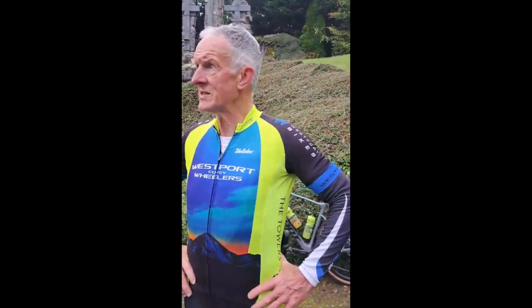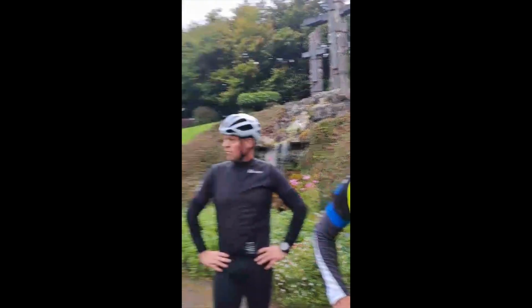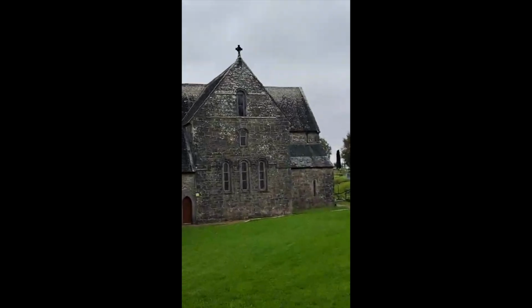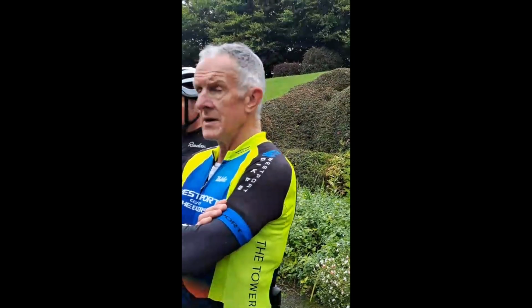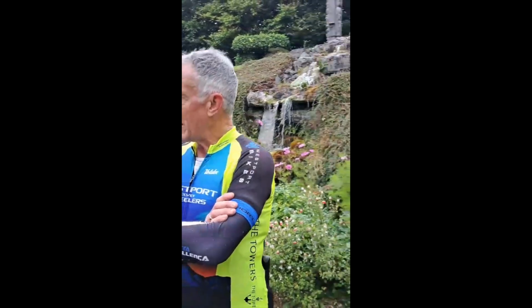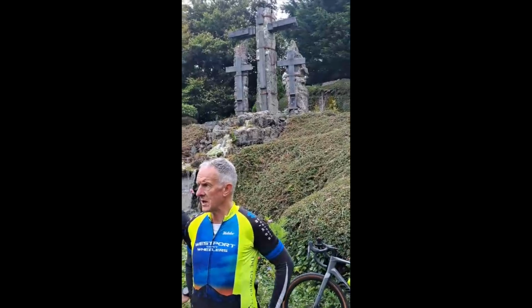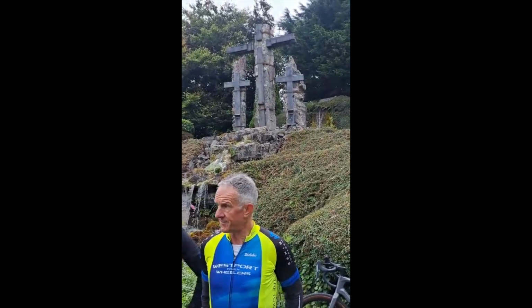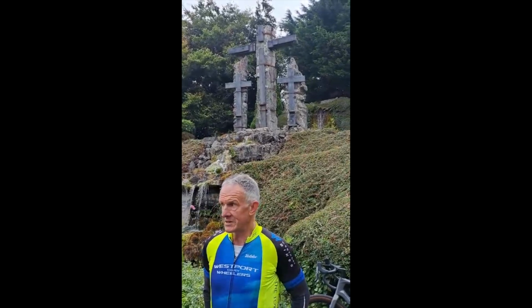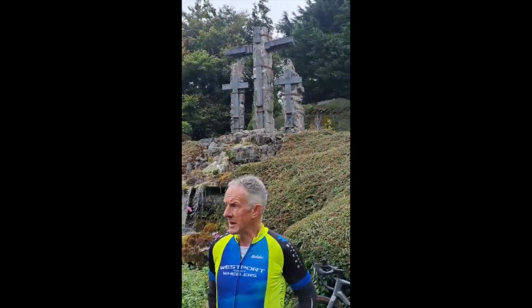Oh well, yeah, beautiful Ballintubber Abbey, founded in 1216 by the Augustinians, and it's been in use ever since. Through the Middle Ages it lost its roof, but Mass continued to be celebrated even in its roofless state. Coming up to the 800th anniversary of its founding in 2016, there was an awful lot of work done to bring it back to the beautiful state it's in now. In fairness to Father Fahy, I think the local priest did a wonderful amount of work, and then re-established